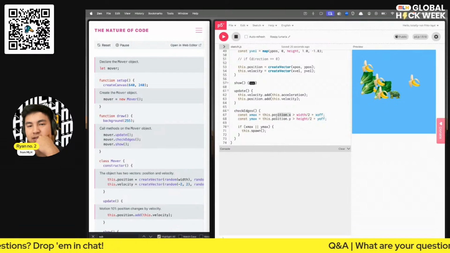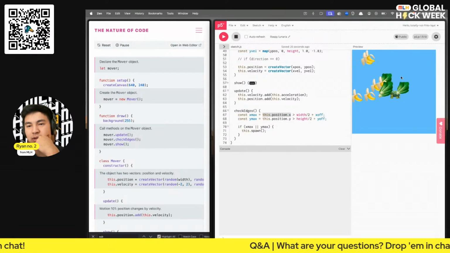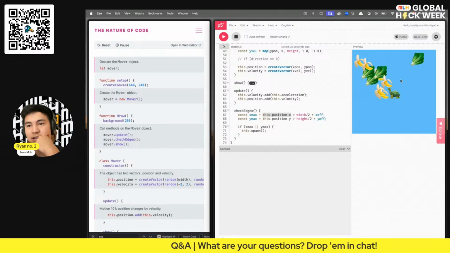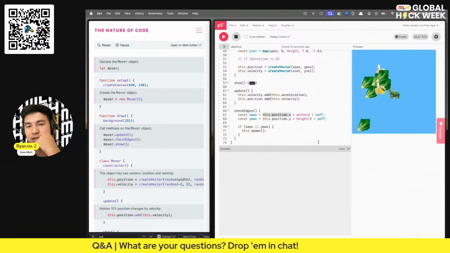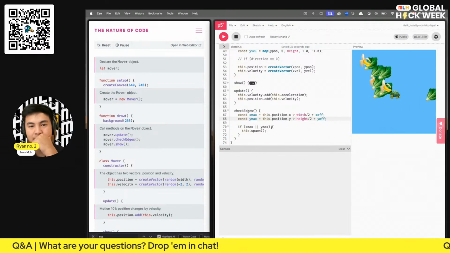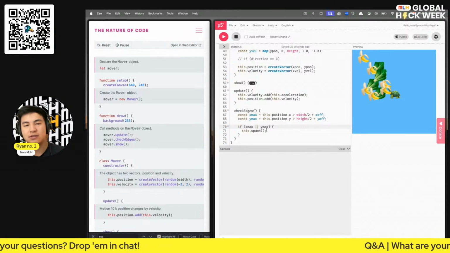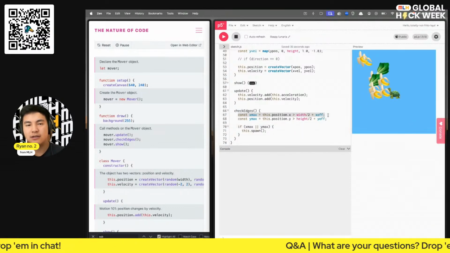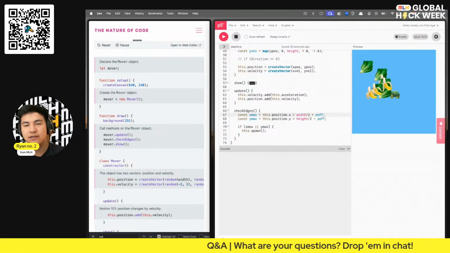Because yeah, if the x is greater than the width, if it spawns over here, that's why it just gets immediately deleted. So I guess what we need to do is a check to make sure that